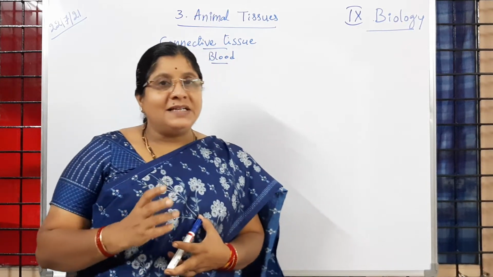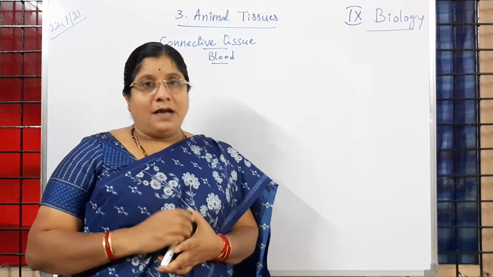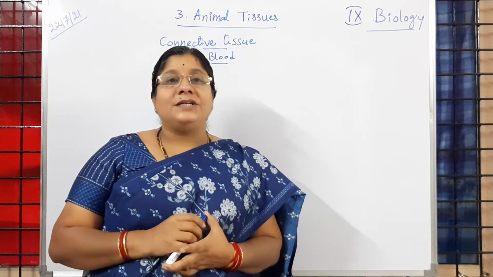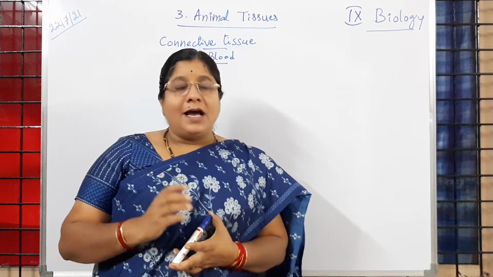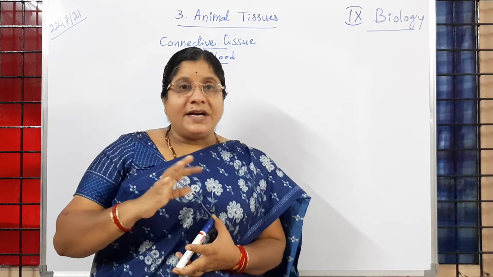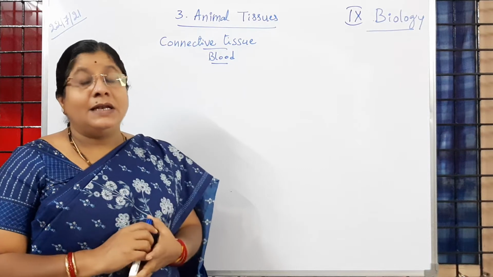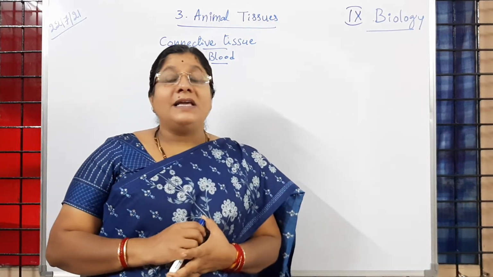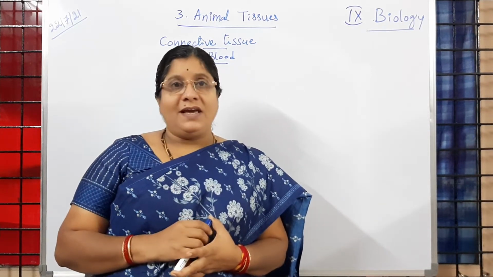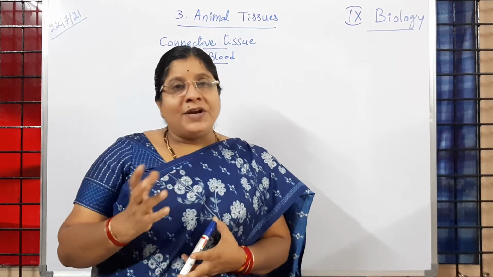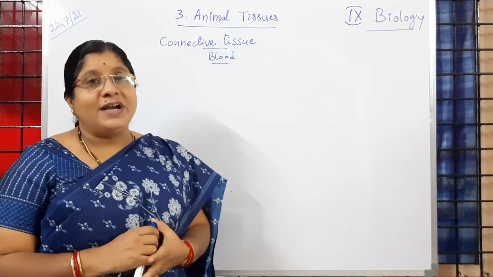RBC present in blood help in carrying oxygen as well as carbon dioxide. Hemoglobin is present, so it takes place in respiration. And WBC, we are going to continue that one, and platelets are there. Different types of cells are present and all the cells are freely flowing in the plasma. So the blood is called a fluid connective tissue. It is in fluid form. All the components of the blood are helping in performing different functions in our body. Is it clear to you?